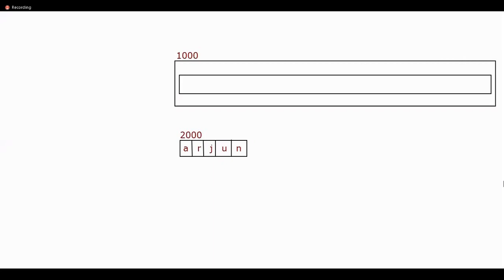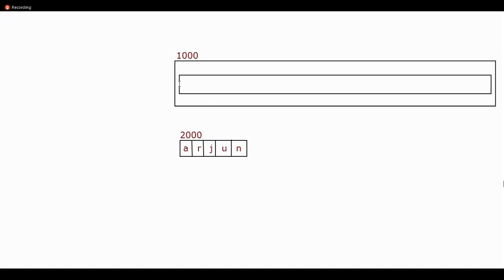What do you mean to say, sir? What I mean to say here is, considering that strings also happen to be objects, they are going to be allocated memory separately. But sir, this string object, I want it to be present inside my list object. Yes, that is absolutely possible. Sir, how is it possible? What is going to happen internally here is, please understand, it is actually going to store the address of this string object in place of Arjun as an element within your list.